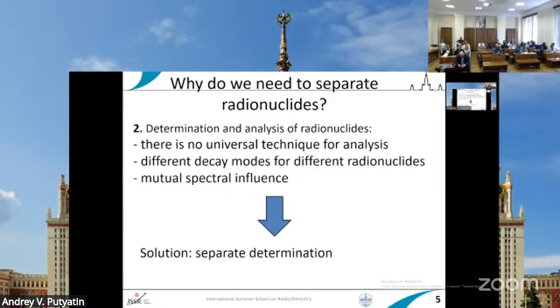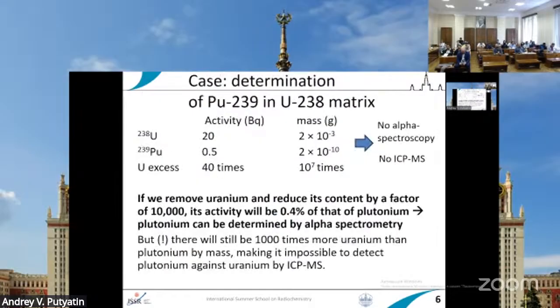And as I understand, the main part of Professor Petrov's lecture was about ways of determination and analysis of radionuclides and why it's important to make different separations before measurement. This is my favorite example, about determination of plutonium-239 in the presence of an excess of uranium-238. They have really different